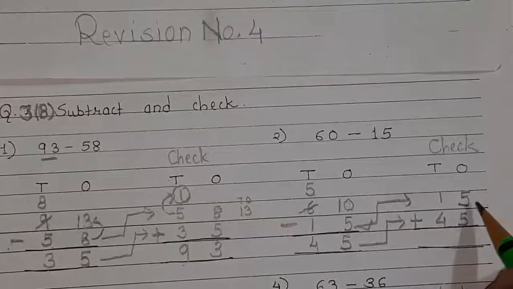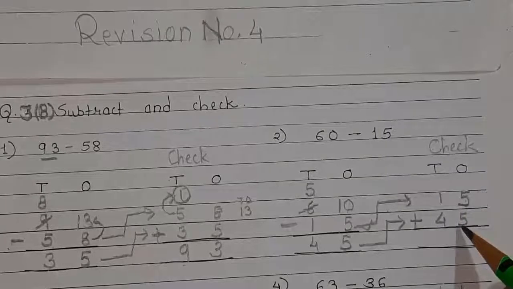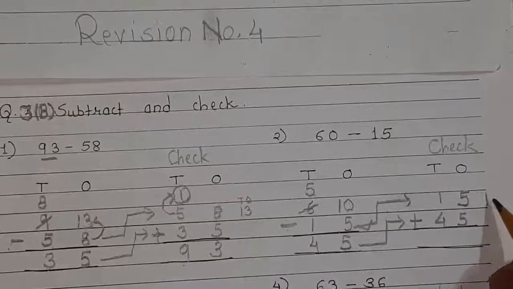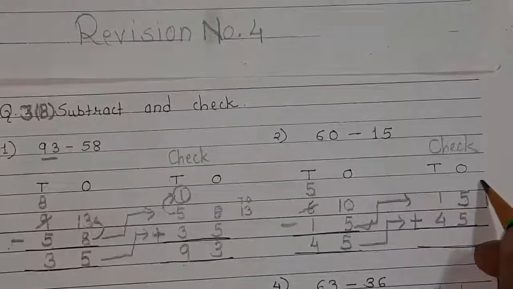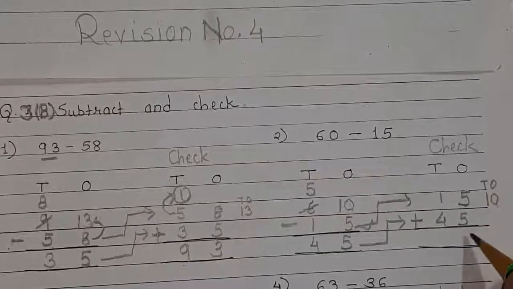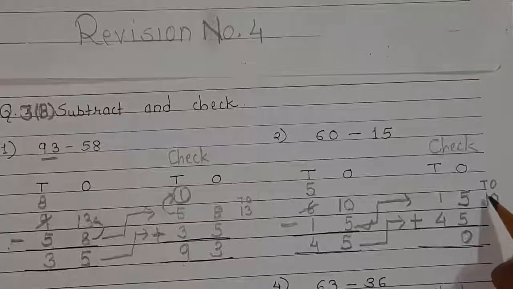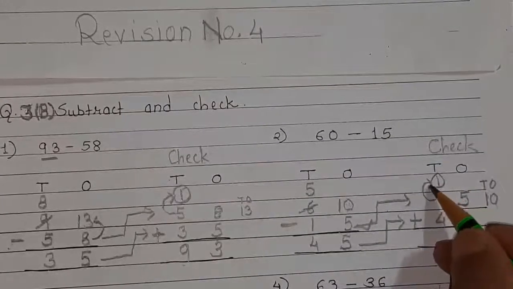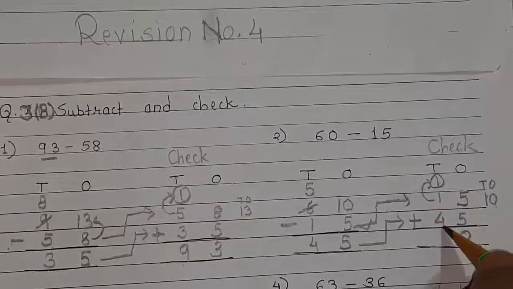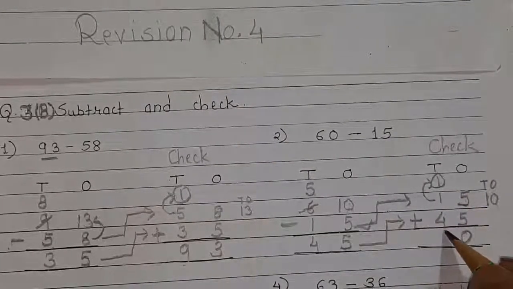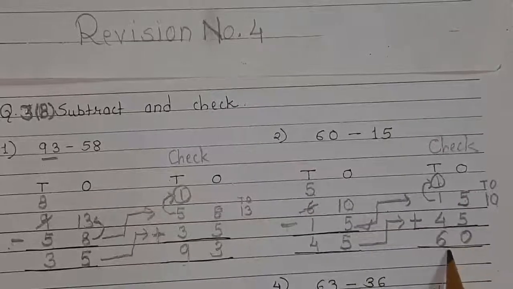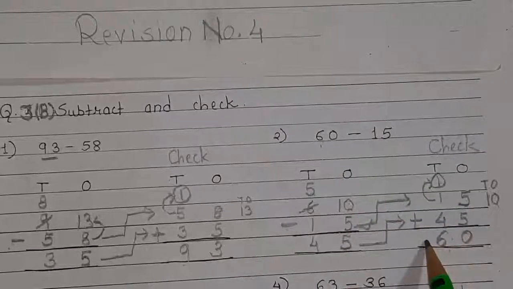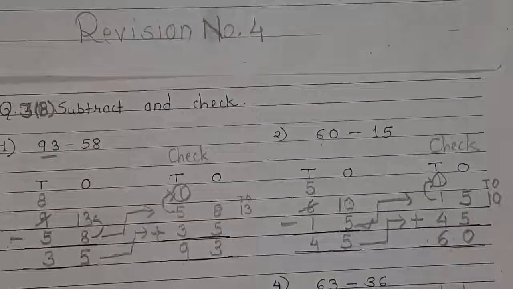45. Now count. Open 5 fingers. Add 5 in that. So we'll get 10 as an answer. 0 will come as an answer. 1 will go as a carryover. 1 after 1, 2. 2 after count 4. So you will get 6. Now this 60 and this 60 means our answer is correct. Now we'll solve next sums.